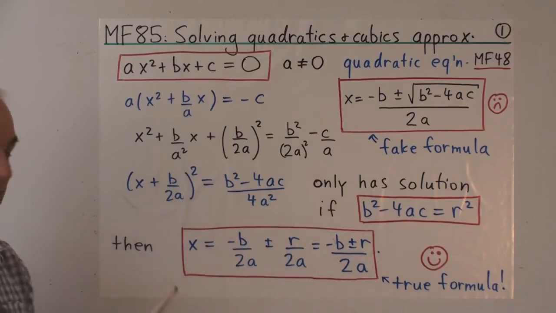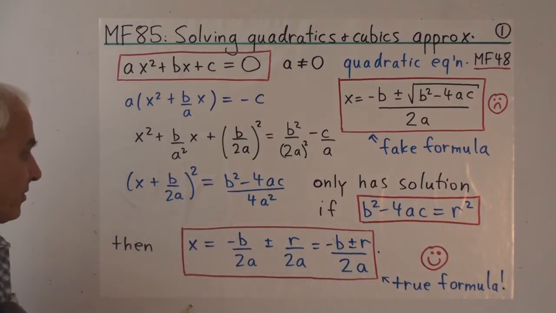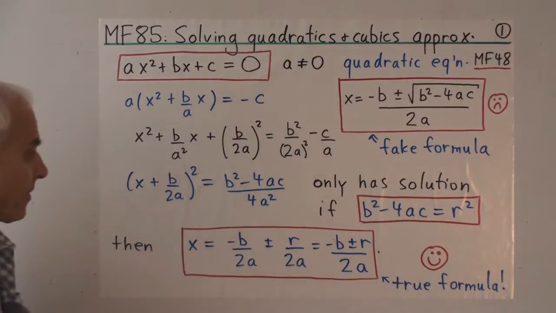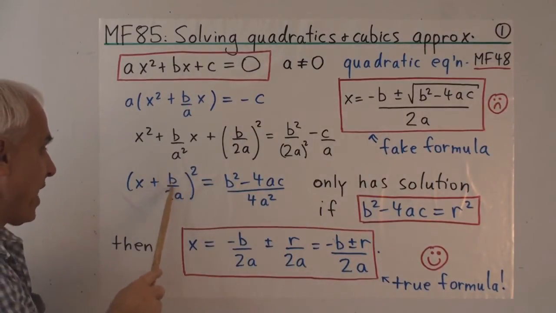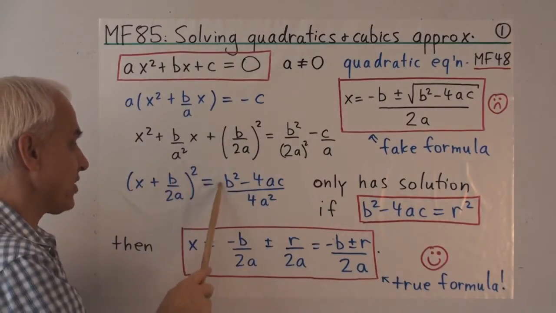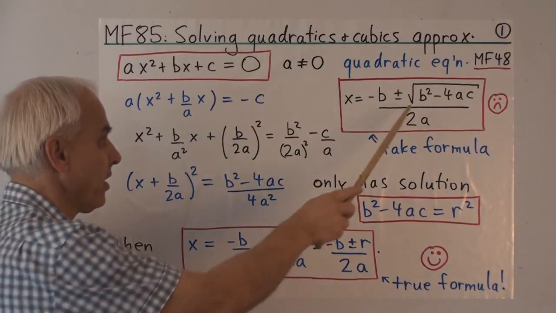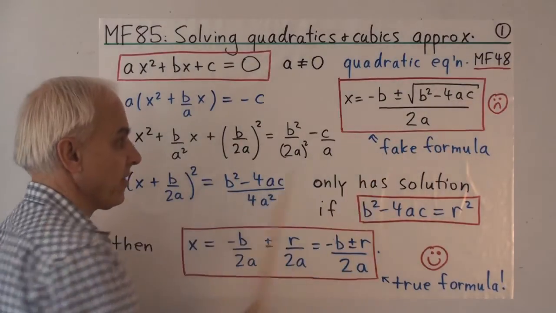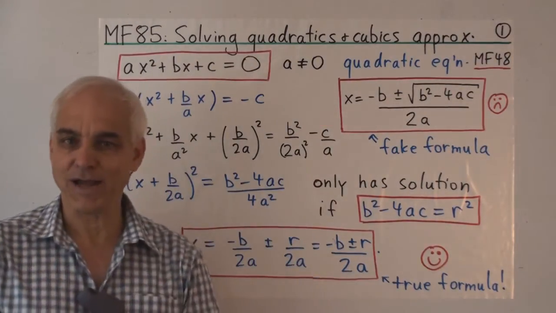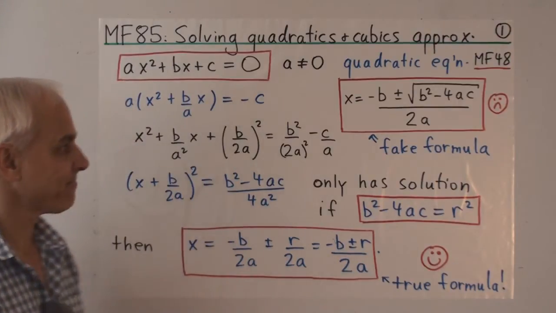And then the usual thing is to say, well, let's take a square root. So the square root of 4a squared is 2a. Then we have x equals minus b over 2a when we bring this part to the other side, and plus or minus the square root of this numerator here, which is b squared minus 4ac. That's the familiar formula that all high school students learn off by heart.